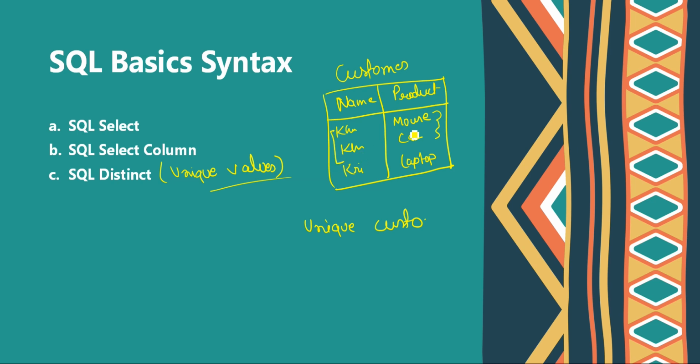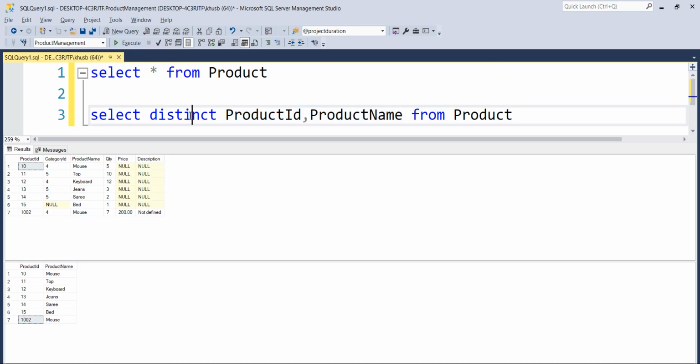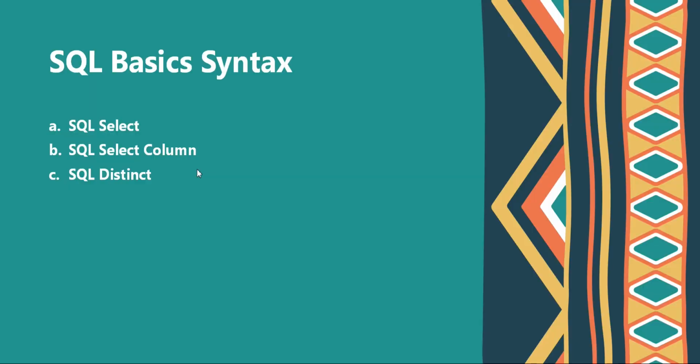So I want to see unique customer name has bought every, unique values of products. So let's say for Khushbu, whatever the product has been bought by this Khushbu, let's say mouse has been bought 2 times. Let's say again Khushbu buys one more mouse. So this can be multiple times, but I want unique value. So this can only be printed as Khushbu bought mouse, only one time it is going to print if I specify this distinct keyword. So this is again a keyword used to select unique values. So as you can see, this is also in blue.